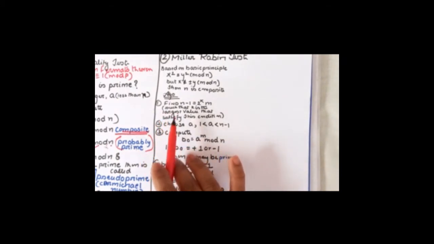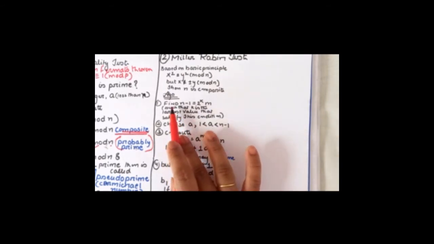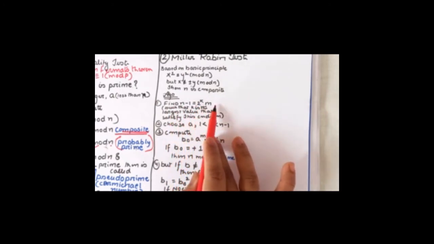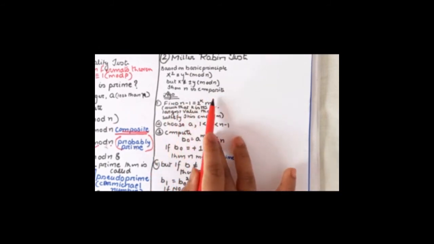Okay, so see the algo. I'll first illustrate the algo and then perform a numerical, maybe two numericals, to make you understand what this algorithm is saying. See here, first I have to find out n minus 1 is equal to 2 to the power k times m, such that k is the largest value that satisfies this condition. Okay, k should be the largest value that satisfies this condition. After finding this, choose a. How do you have to choose a? You have to choose a between 1 and n minus 1,